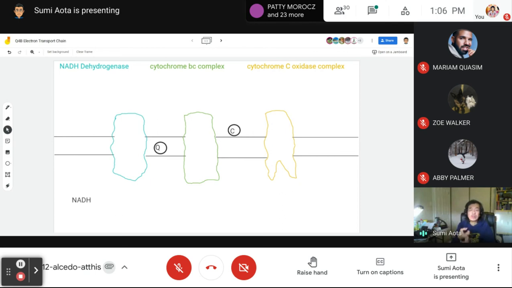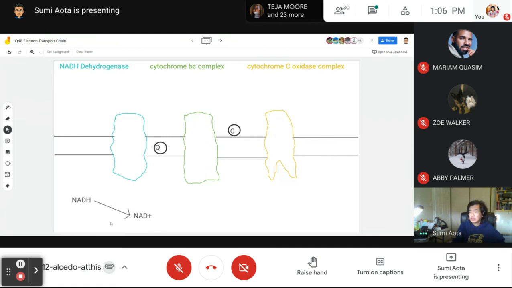You just have to know that there is a source of NADH coming into the electron transport chain. This molecule, NADH, is going to convert back into a molecule of